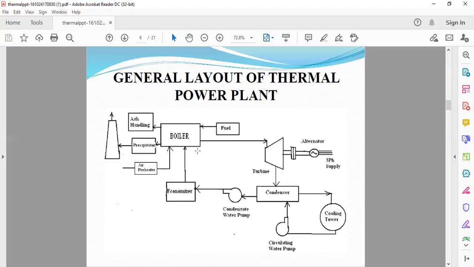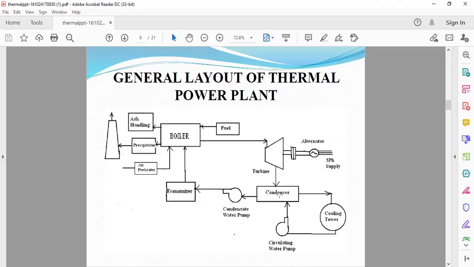Whatever steam is developed should be pressurized steam. It passes through the superheater, where we get pressurized steam, and that strikes the blades of the turbine. After rotating the turbine blades, the steam has lost its high pressure. At the output of the turbine, where the steam has lost its high pressure, it passes out of the turbine blades and enters a condenser.